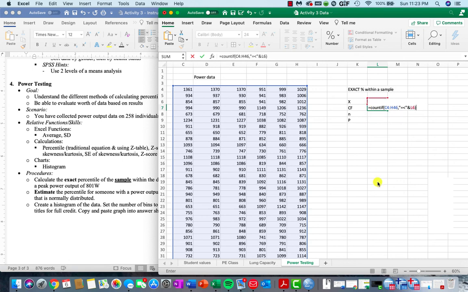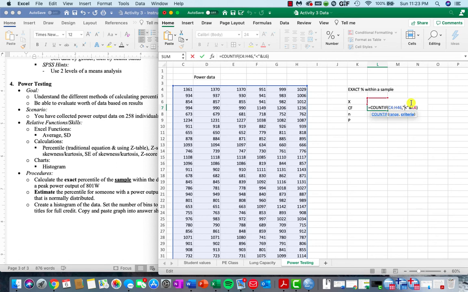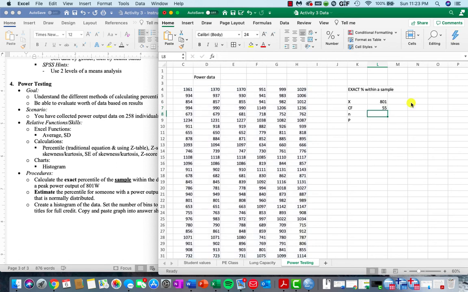Okay, so why did you not love me? Maybe it wants me to do less than or equal. There we go. Less than or equal. My bad. All right, so we end up having 55 values that performed worse than or equal to 801 within